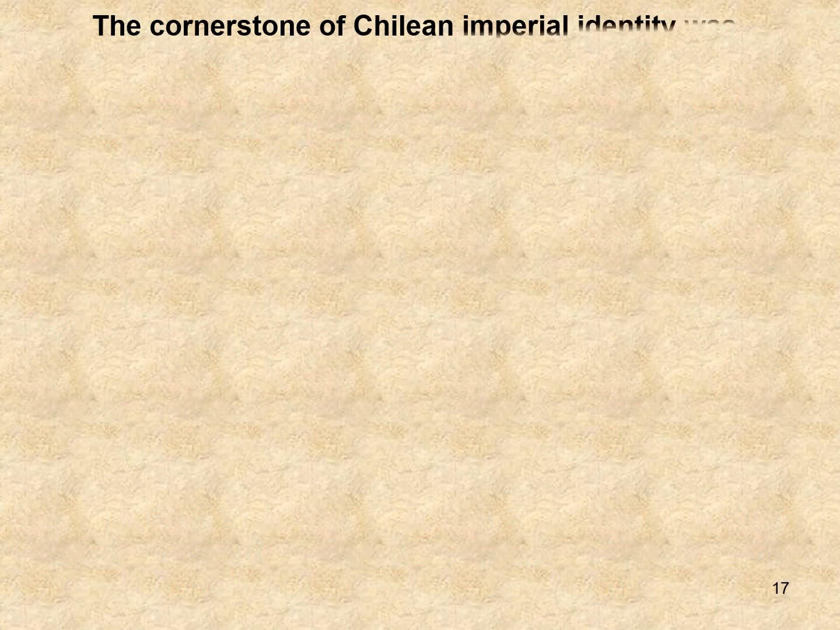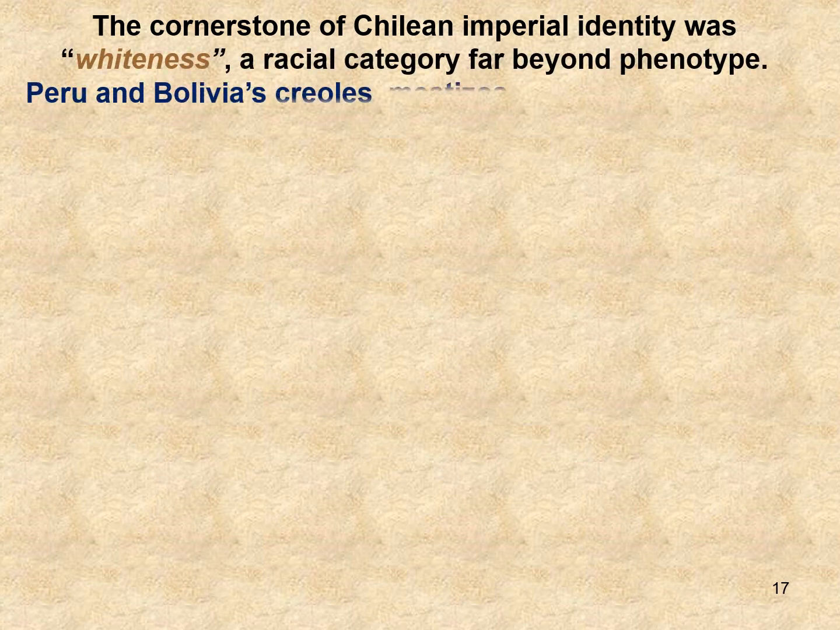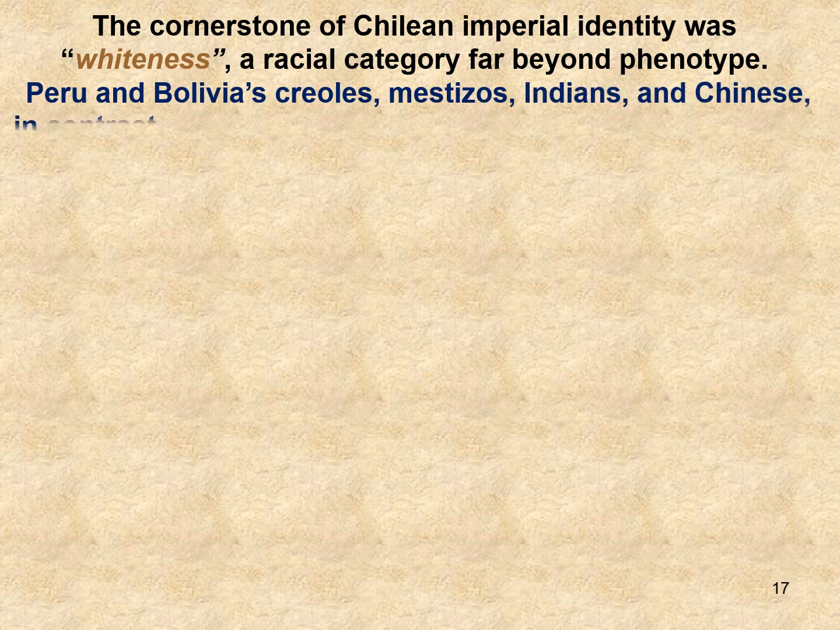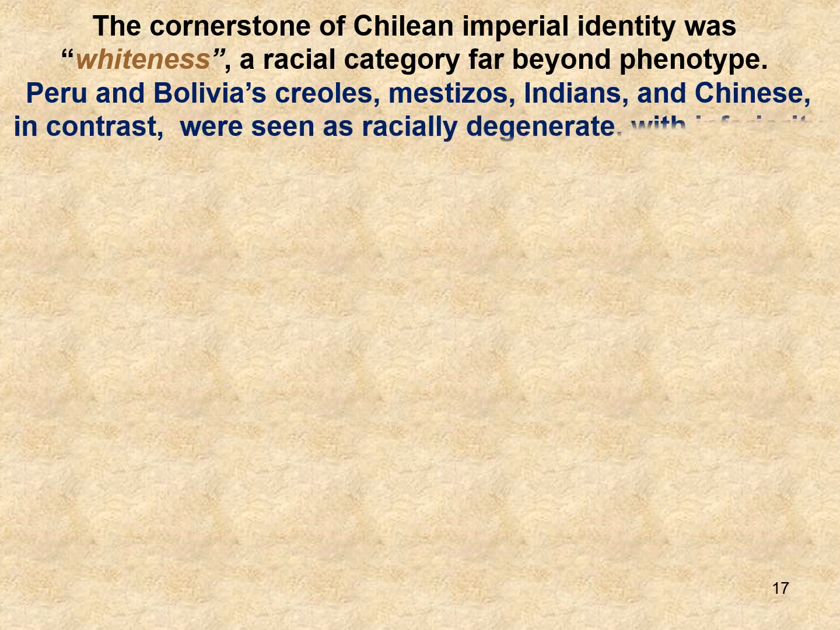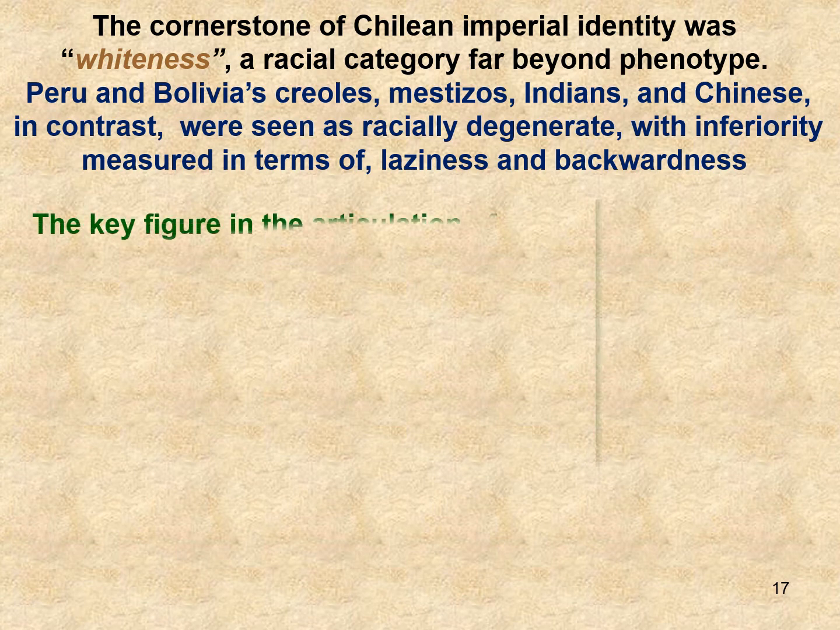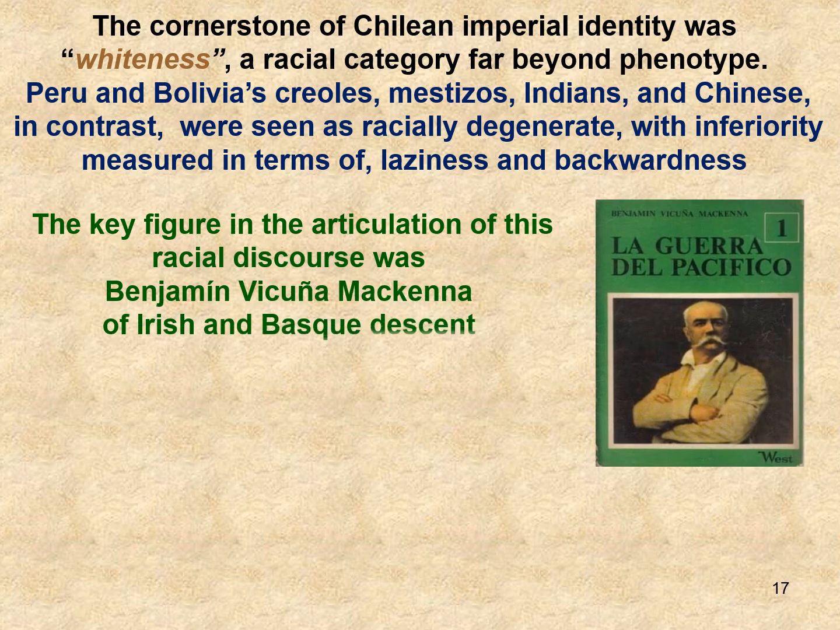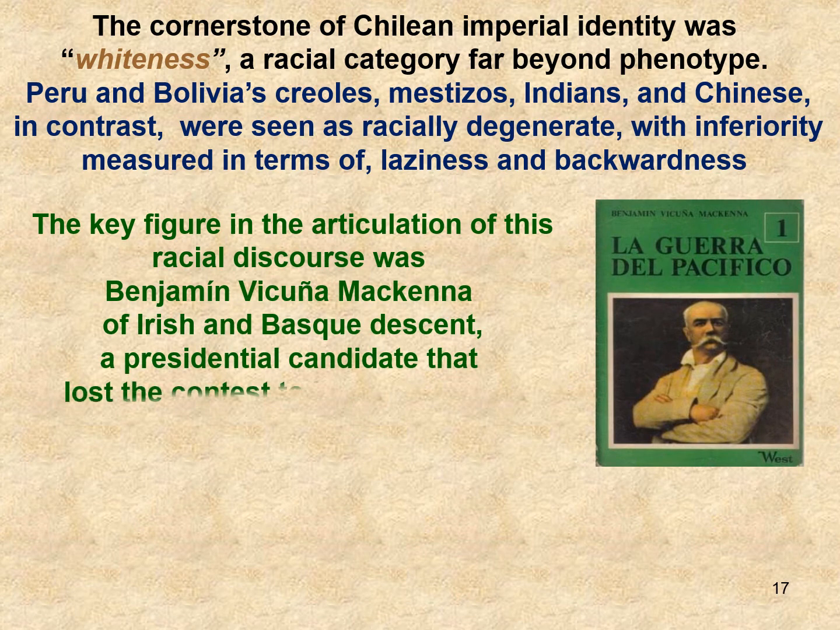The cornerstone of Chilean imperial identity was whiteness, a racial category far beyond phenotype. Peru and Bolivia's Creoles, Mestizos, Indians and Chinese, in contrast, were seen as racially degenerate, with inferiority measured in terms of laziness and backwardness. The key figure in the articulation of this racial discourse was Benjamin Vicuña Mackenna, of Irish and Basque descent,